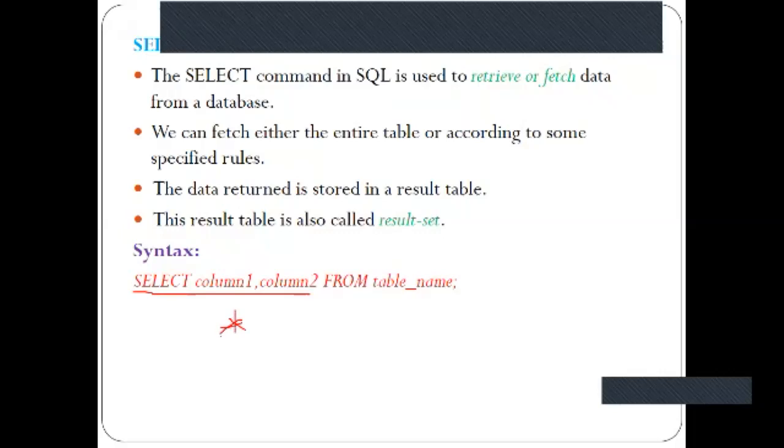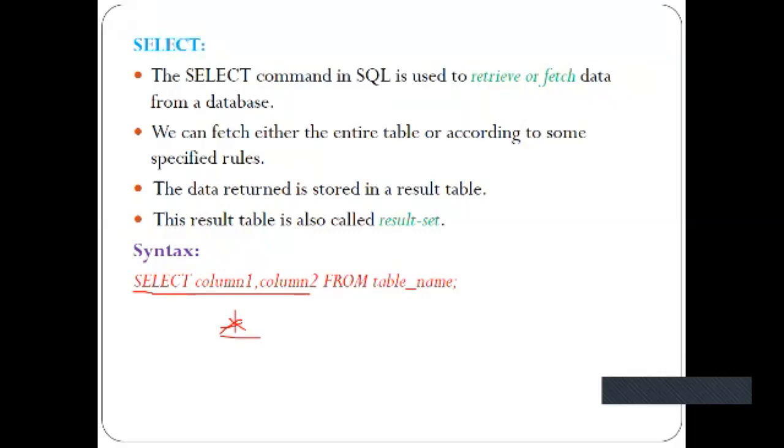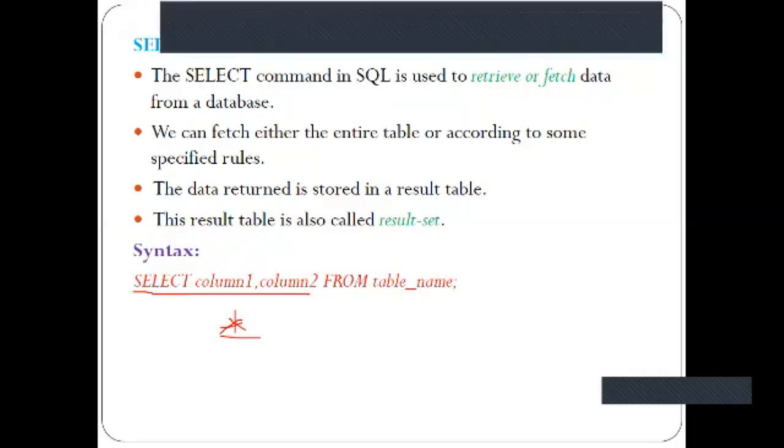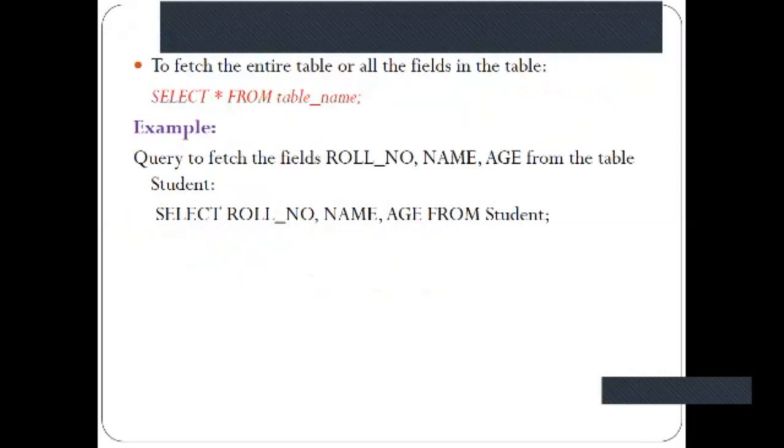Now whenever we use star, it by default means all the columns or all the attributes of a particular table are displayed. But when we specify column 1, column 2, only the values of those columns are displayed. That's it. If you want to fetch the entire table, all the fields in the table, you need to specify star here.